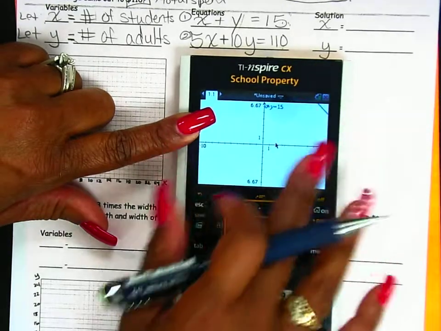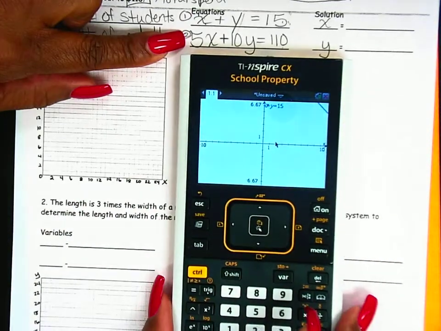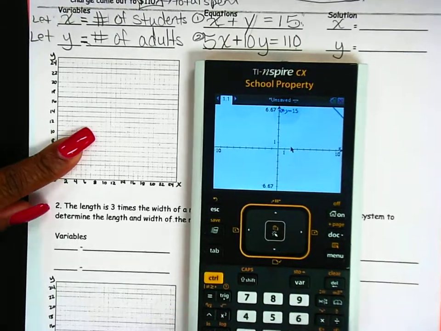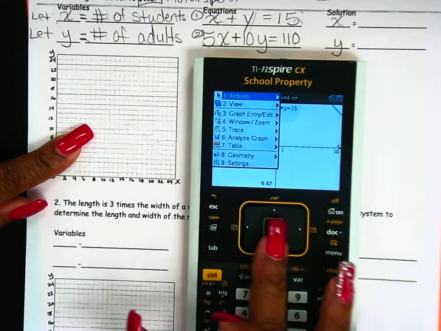I know you say we can't see it right now. It's okay. Let's go ahead and change that so it can look like what's on our paper. So to change that, I'm going to press menu, and I'm going to go ahead and